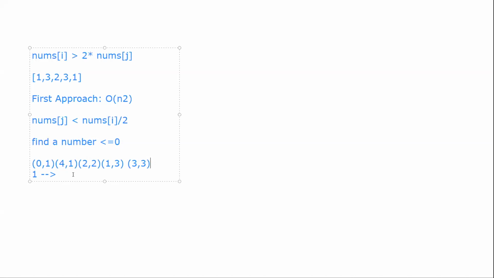This is my array sorted by value. Then somehow I should find that number, where I find 0, then just look at all the numbers to the left.